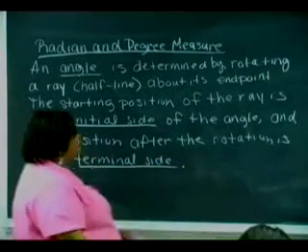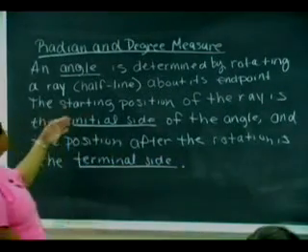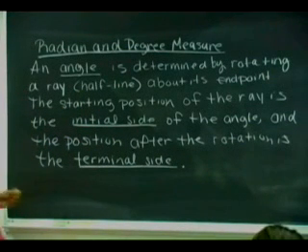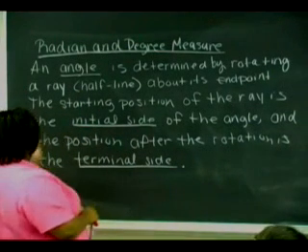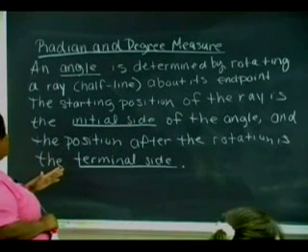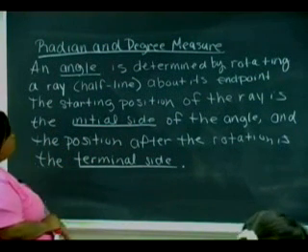So, what does all this mean? It says an angle is determined by rotating a ray or a half line about its end point. The starting position of the ray is the initial side of the angle, and the position after the rotation is